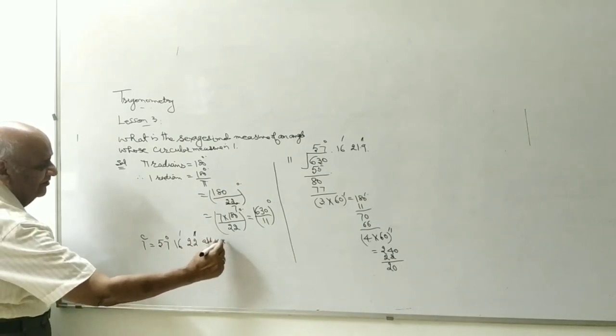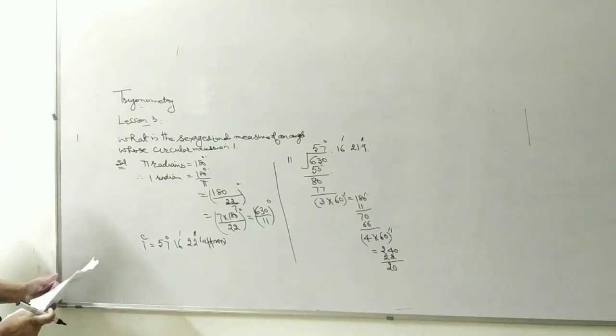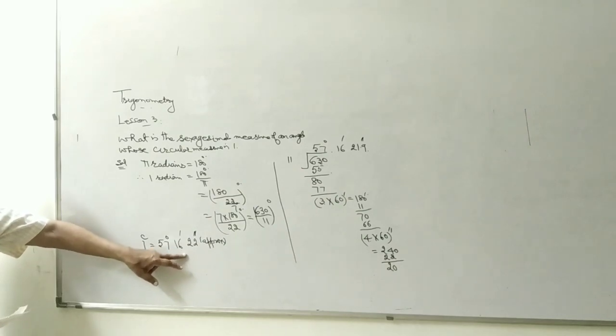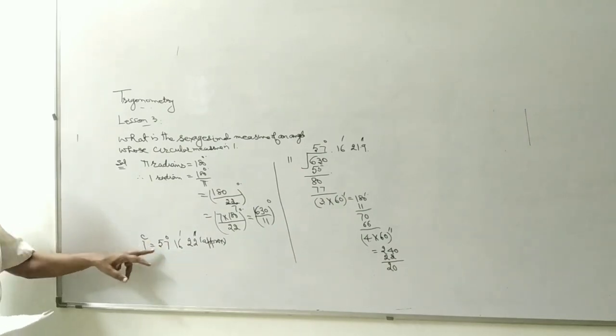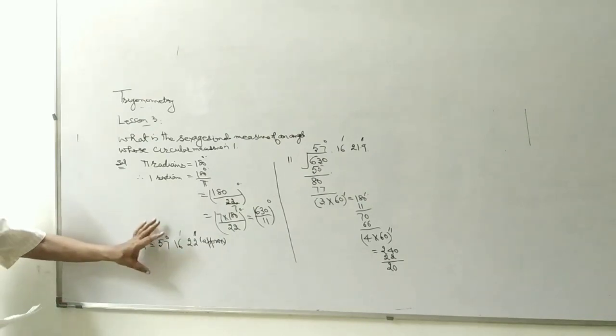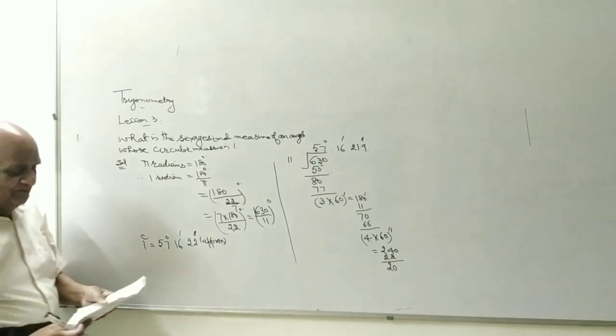But you see, there is a precaution that you never put any comma in between this. It's the way of representing the system from radians to degrees, minutes and seconds. I think it is clear. Now if it is clear, take one question more. I will put it up before you.